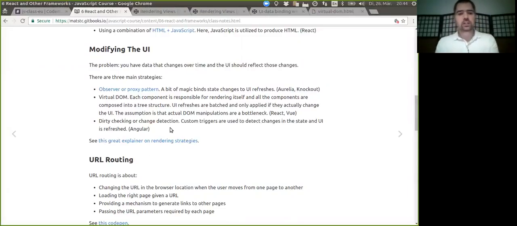It's called dirty checking or change detection. It's a little less clear how that works, but it's a different way for Angular to understand that the state has changed. And once Angular knows that, it's going to refresh the UI. So if you use Angular, maybe you've had a controller with a scope, and then whenever you change something on that scope,